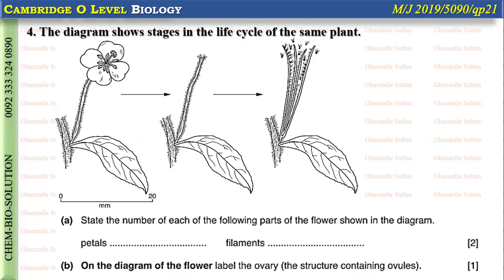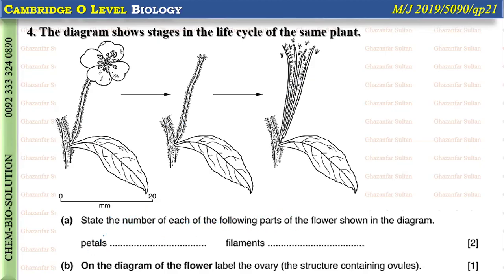Means the plant is same, whether this one, or this one. So if it is the life cycle, then we should understand that flower is converted into fruit, and the fruit may disperse the seeds by splitting pattern. So first, the question is about to state the number of each of the following parts of the flower shown in